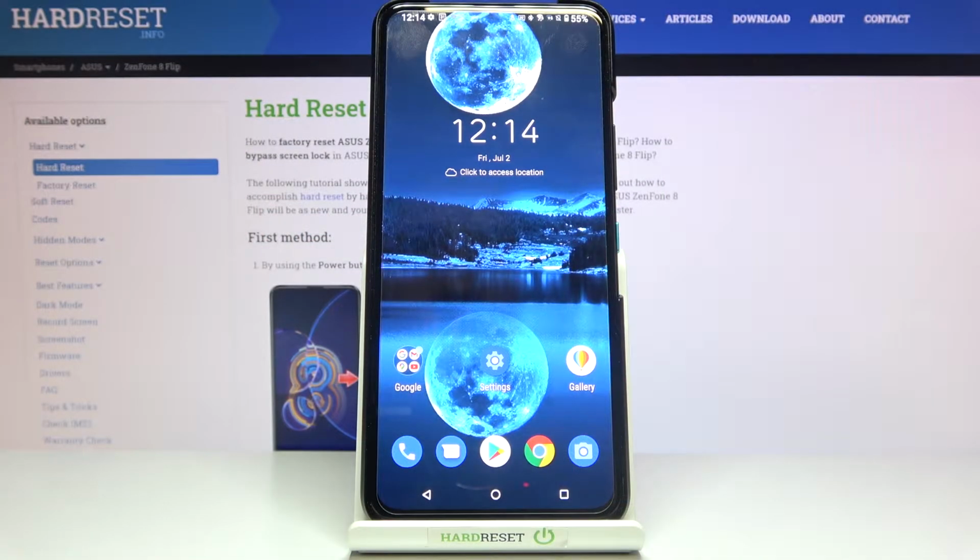Welcome, here I've got ASUS ZenFone 8 Flip and I'm gonna show you how to record the slow motion video